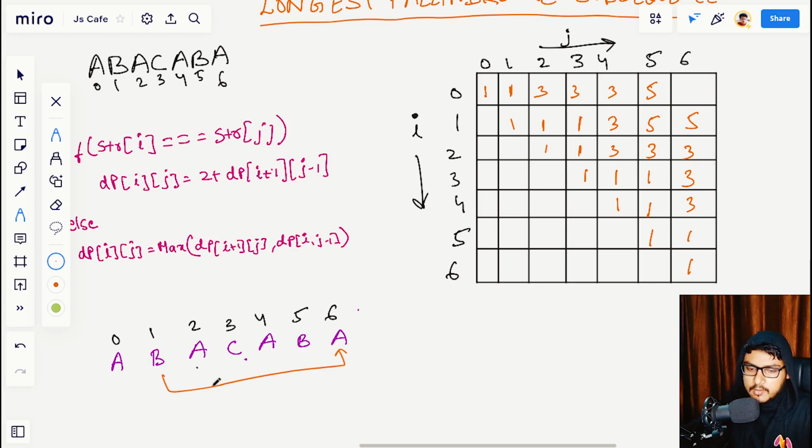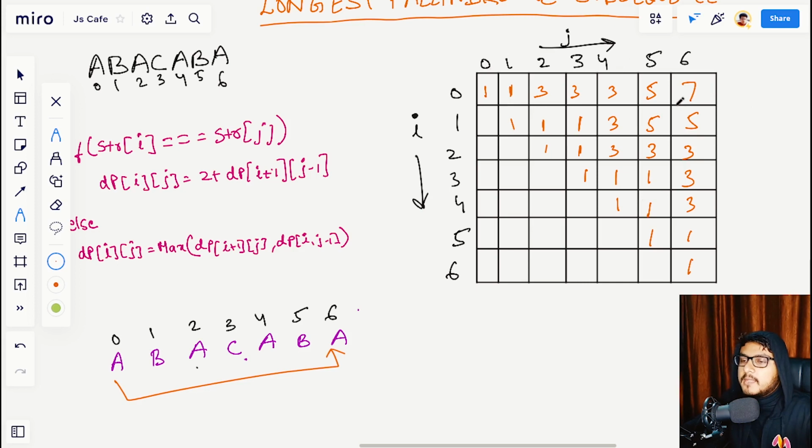Okay. Next we are going to length 7. A and A are matching, so the value here would be 2 plus the value of this cell, which is 5. So the value here would be 2 plus 5, which is 7. Great. So we have filled our table